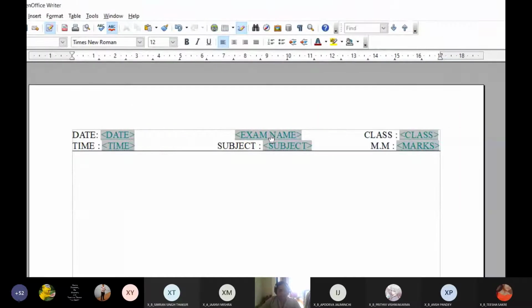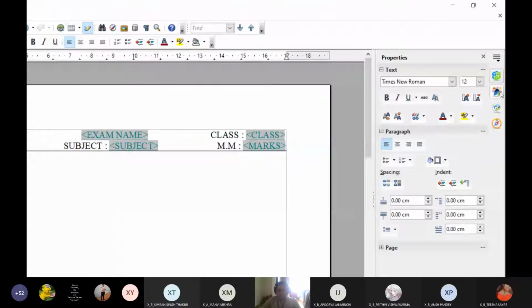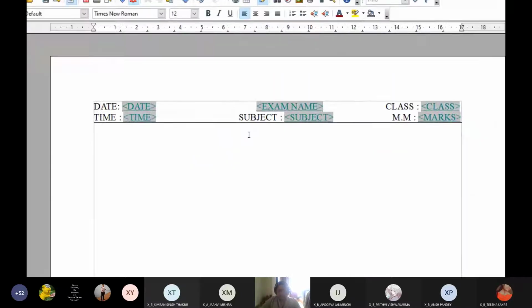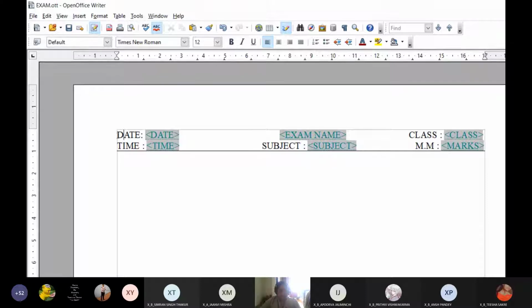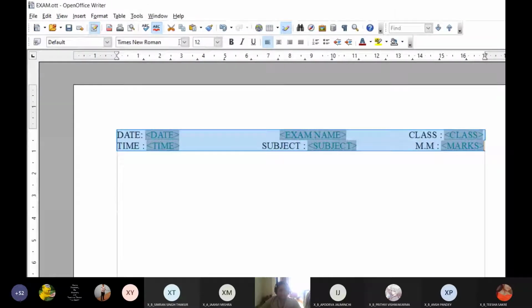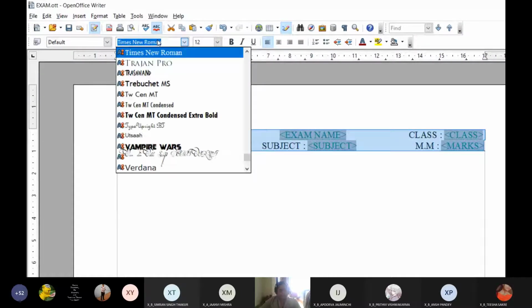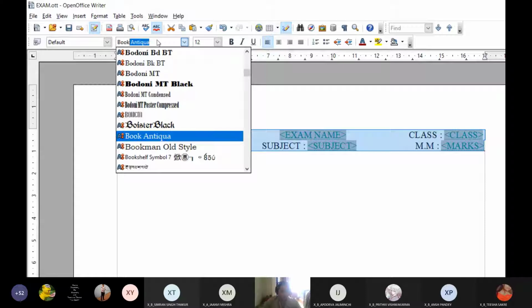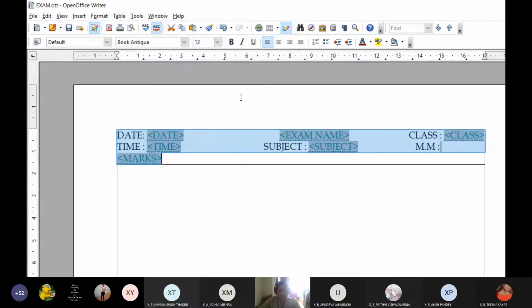And let me check the styles first. So I'm going to go to Styles and Formatting. Right now there is a default style which is given to it, so I'm just going to create a new style. I will select this whole thing. First, it is Times New Roman, but in our school we use Bookman Antiqua. So I'm going to select Bookman Antiqua and 12 points only.